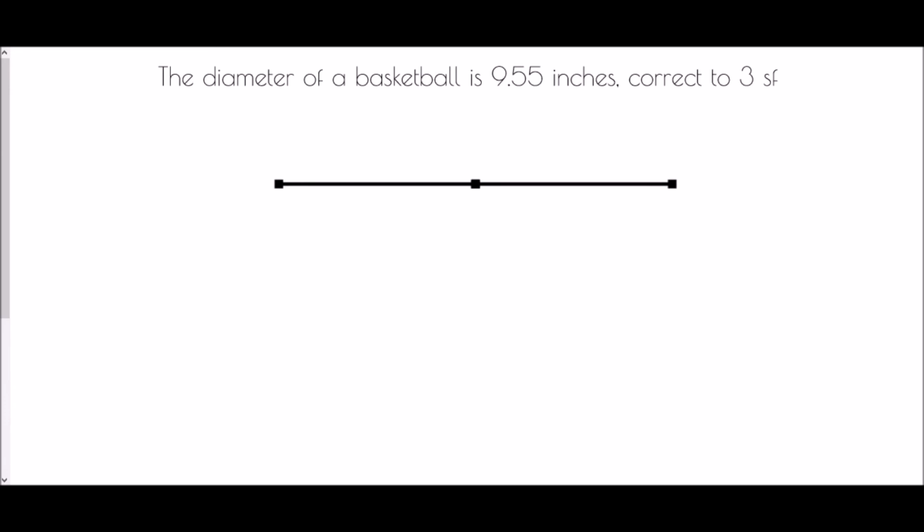So next we come to the diameter of a basketball, which is 9.55 inches, correct to three significant figures. So straight away, 9.55 is going to be the value in the middle of our number line, and it's gone to three significant figures, which actually means that it's been rounded right here at the end. And so what does that mean? Well, it's actually been rounded to the nearest hundredth. So we need to take 1/100th away, so 9.54, and add 1/100th on